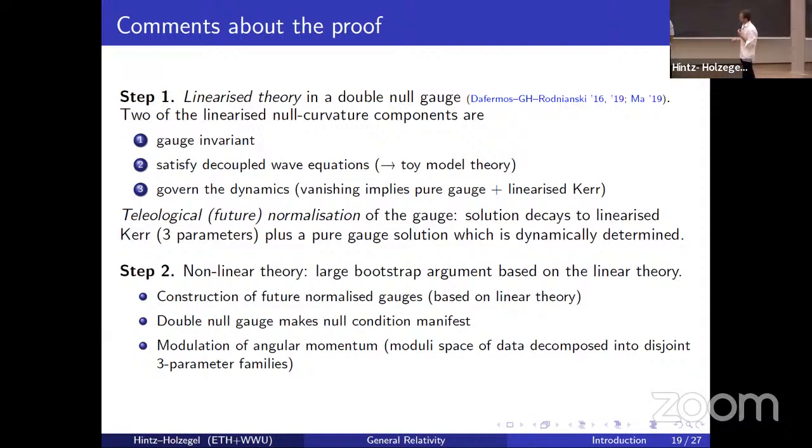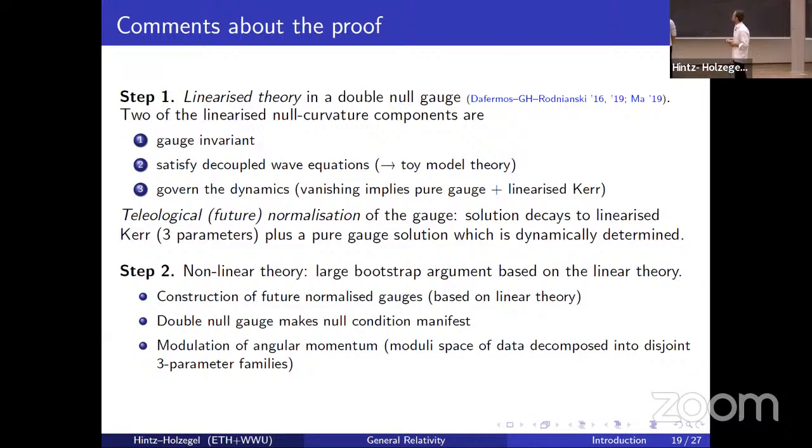And what is more, if you develop a suitable transformation theory, you can actually handle them with the techniques developed for the toy problem that Peter was describing earlier. And the third important property of these quantities is that they govern the dynamics in the following sense: if they vanished globally, then you would know that the solution to your linearized system is pure gauge, meaning an infinitesimal diffeomorphism changing your double null gauge, plus a 3-parameter family of linearized Kerr solutions, which describes going to the nearby